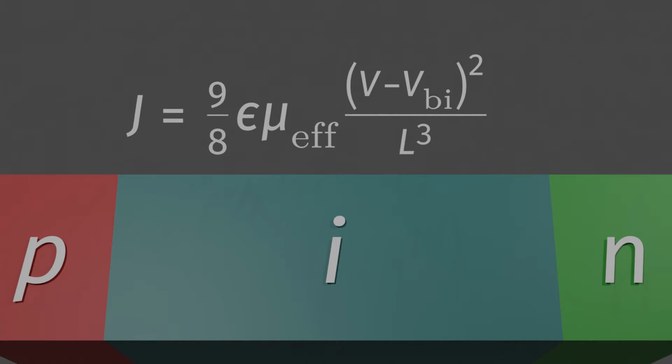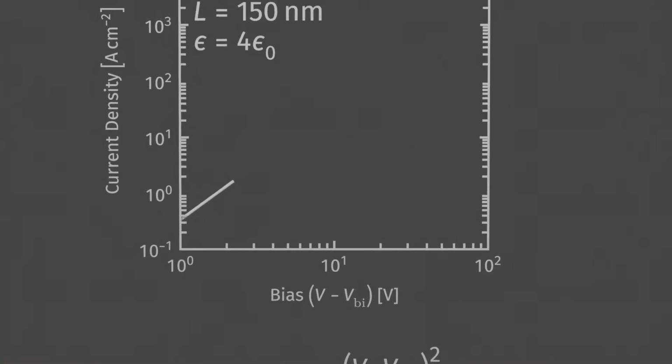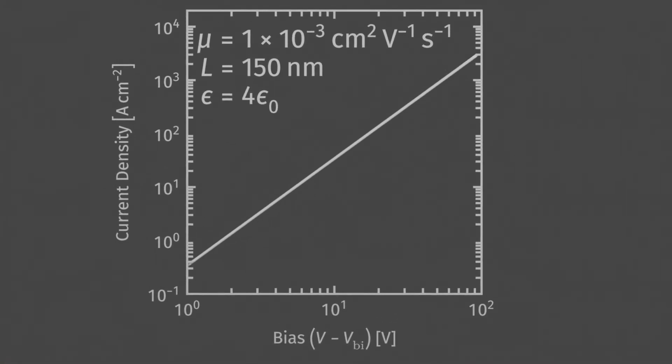The Langevin recombination, common to organics, results in a special case that allows this to be treated analytically. So the value of the effective mobility is about 3 times that of the average mobility, although we will mainly be focused on the ideal case where the electron and hole mobilities are equal. Using parameters similar to that of the first demonstrated organic laser diode, the analytic treatment predicts this square law dependence,